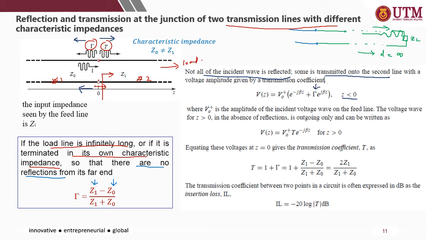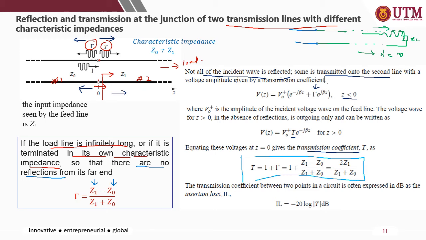At z larger than 0, towards this direction, we can estimate the voltage by considering the transmission rate. The T is known as the transmission coefficient,